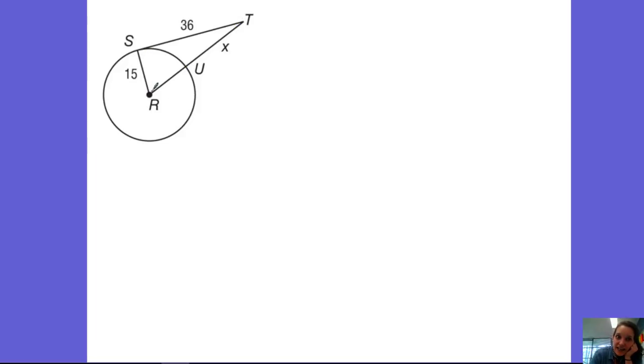SR is our radius. And we just learned that the radius and the tangent line are always going to be perpendicular at that point of tangency. So our radius and our tangent line right here are perpendicular. Oh my gosh, we just created a right triangle. And so I love right triangles. I can do Pythag to find missing sides on this right triangle. So I'm doing a squared plus b squared equals c squared, 15 squared plus 36 squared equals,